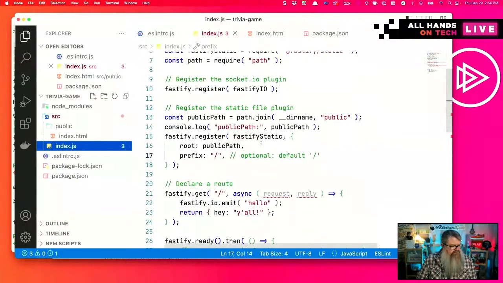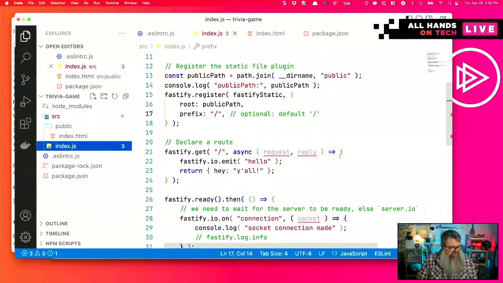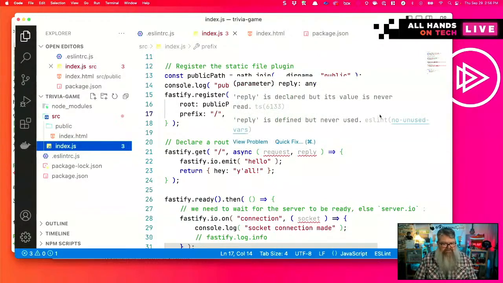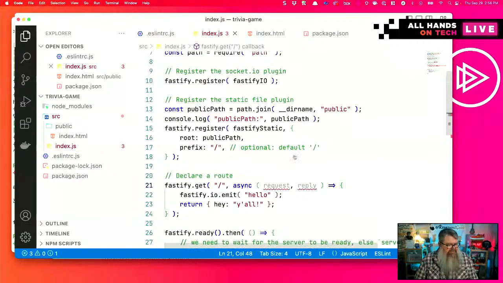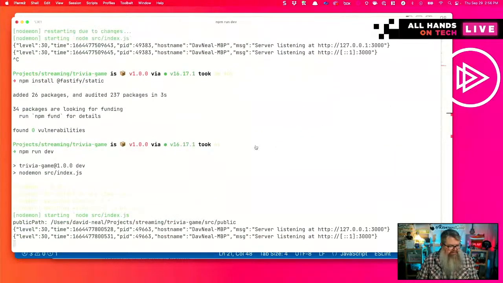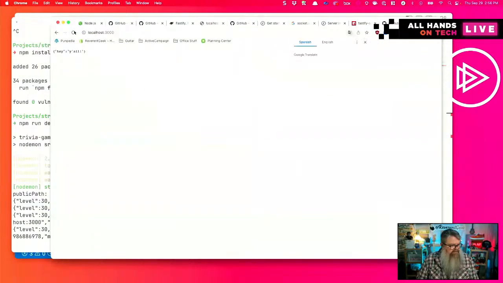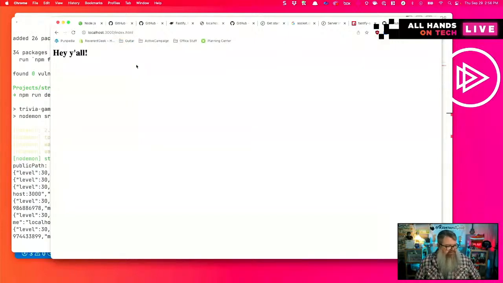And yeah, I'm not sure that this is going to work. I'm not familiar with Fastify, but let's see what happens. May have to run dev. But come over here to our localhost and refresh. We still get the hey y'all, but if we specify index.html, then we get our static file. So that's working.